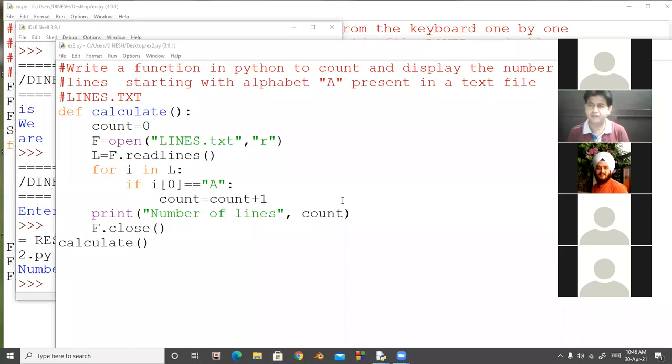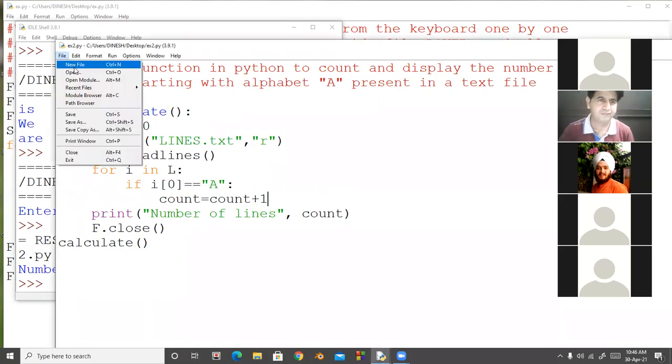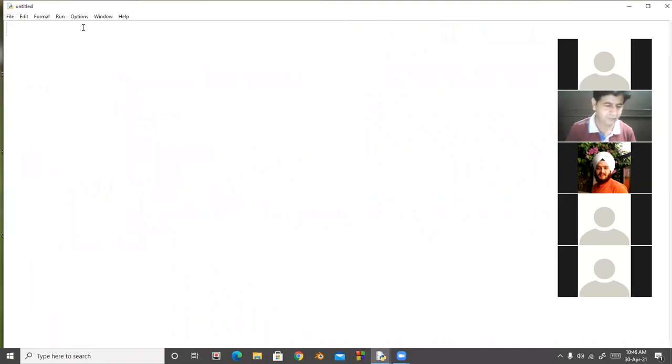Okay, one general question. The very simple program is: write a program that copies one file to another.